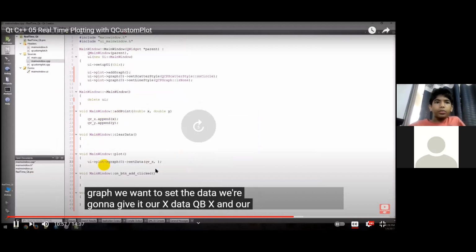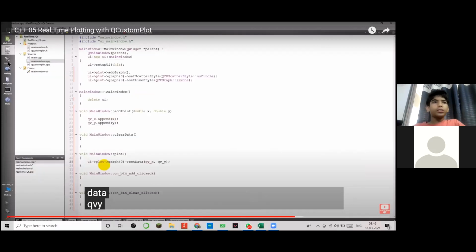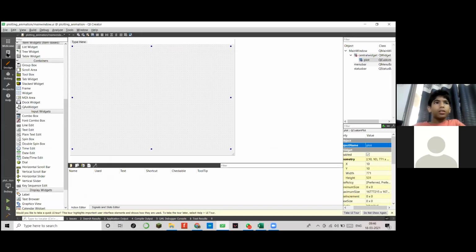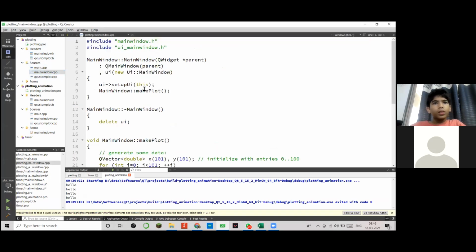So I just want to see what he's doing in the draw function. Okay, just a minute. I'll use this only. Edit, plotting. Here what am I doing? Make plot.